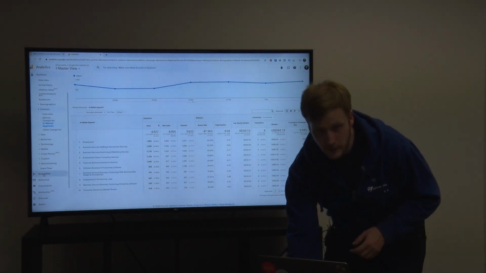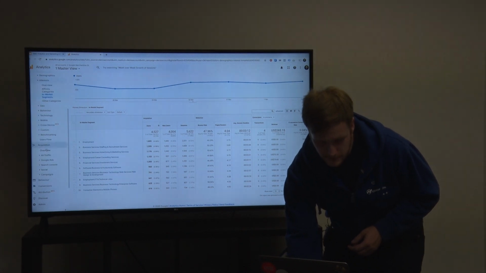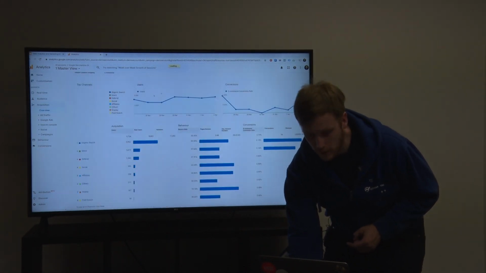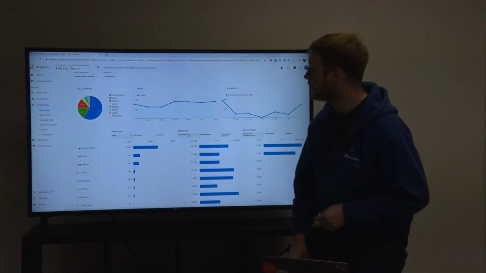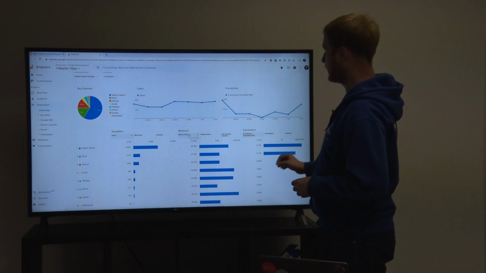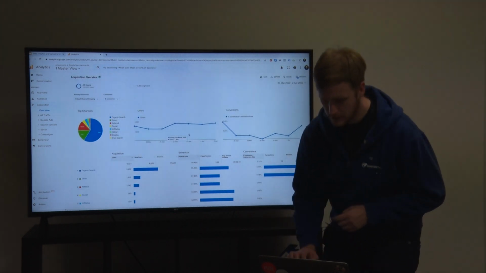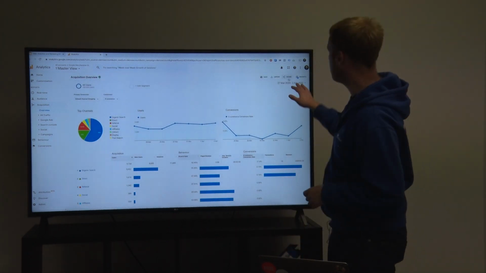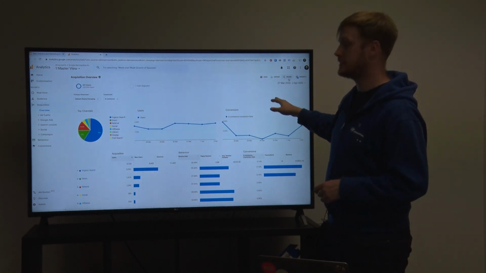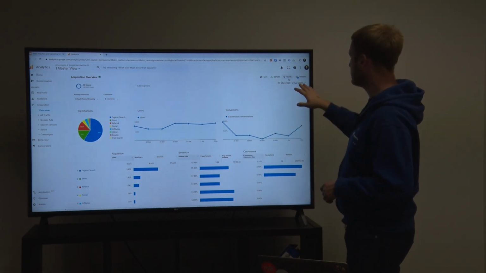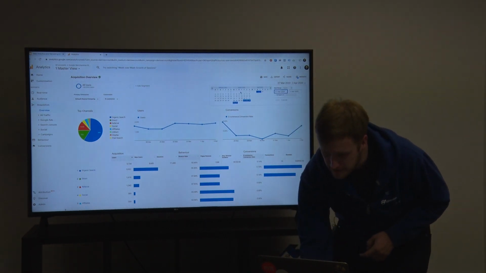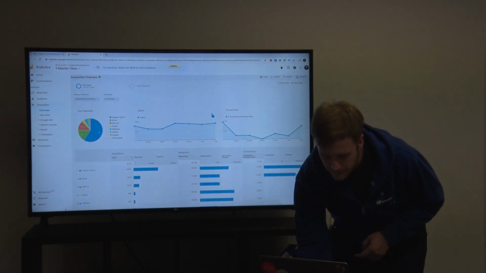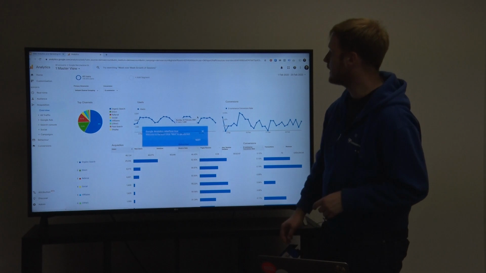So, the acquisition report. This gives us an overview of where the people reached the website. So we can see in this case, again, our periods. Now we can see that for some reason the date changed. All the data underneath is 27th March to 2nd of April. So let's change back to the February that we had initially. In February, we can see that